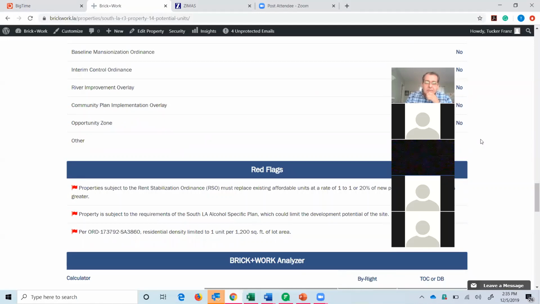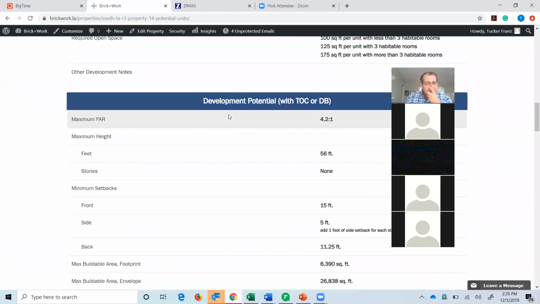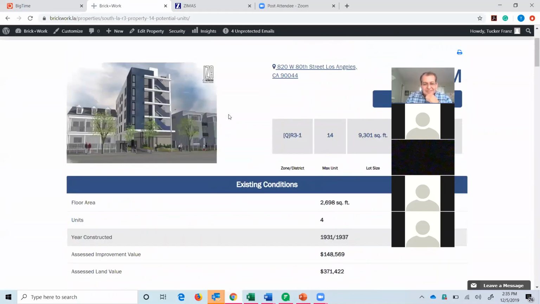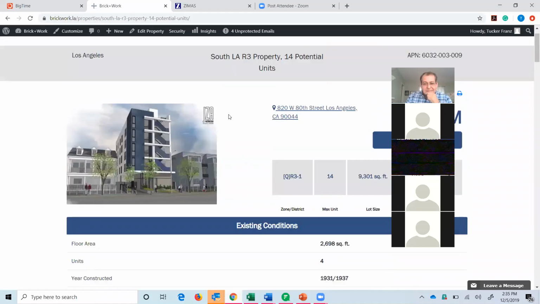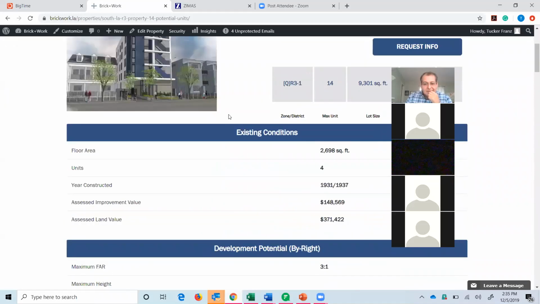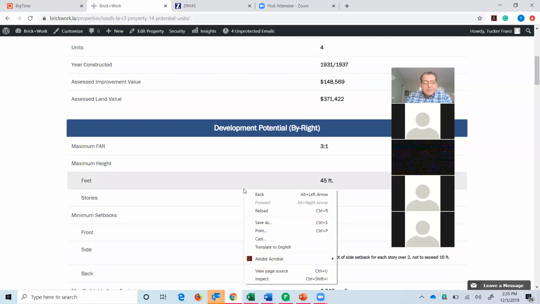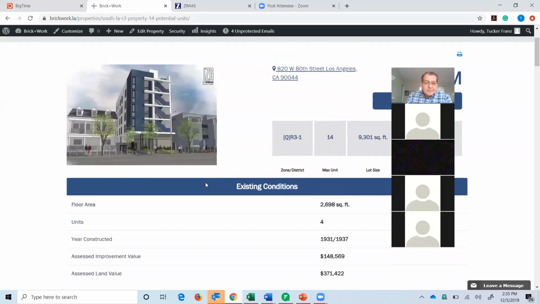How accurate is this report? 100%? 120? 200? We like to give it about a 99.9. As we do more and more reports, our processes get fine-tuned more and more. We've been doing this for almost a year and a half. We've worked out a lot of the kinks, so it's basically automated to the point where we can